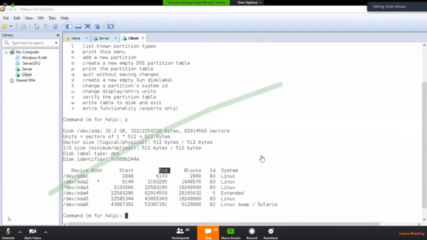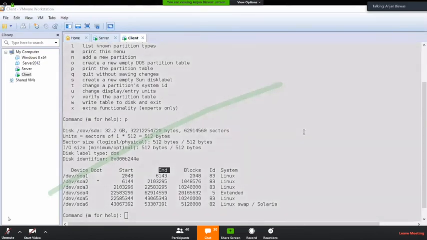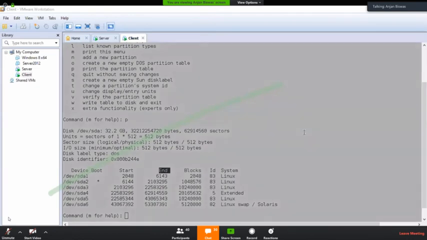Let's say you have created another 4 logical partitions, every partition 5 GB each. So the 20 GB of free space, the extended partition space, has been occupied by 4 logical partitions. So altogether 4 plus 3 equals 7 partitions have been created in your 50 GB hard disk.